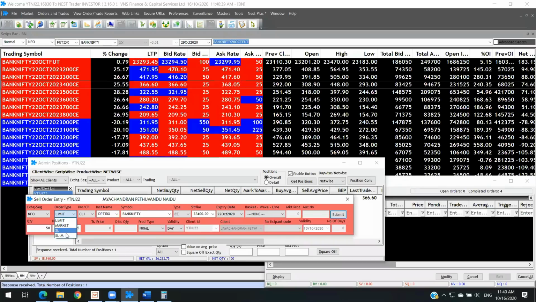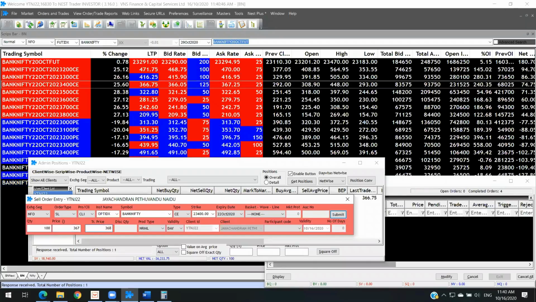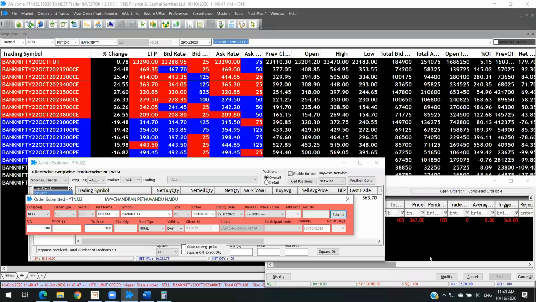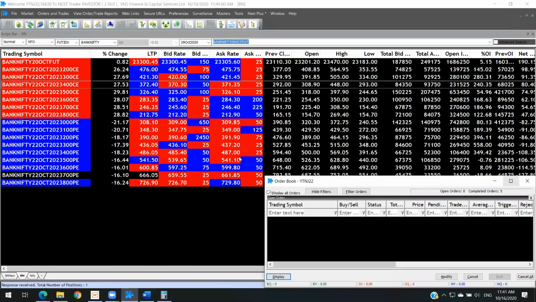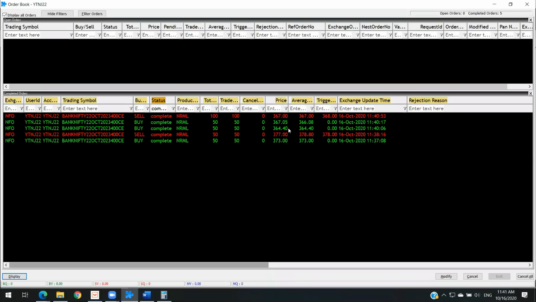What I needed to do was immediately trail it at 367, because this is going to be a falling market, right? So I don't want to take a chance. I placed it, but still it didn't trigger. It went below that. When it was at 370, 367, I placed it, and then it went above that. Still, we were able to exit that particular trade. Look at this. We entered, we exited at 364, 367, and 367 we exited. So our average trigger price is 367 to 368.